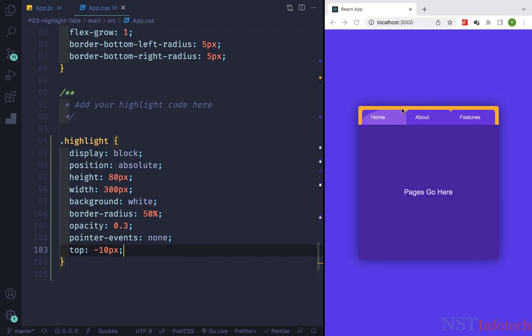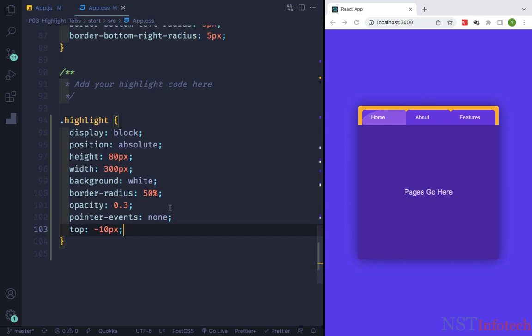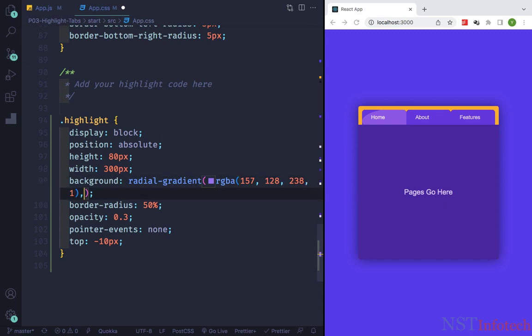Instead of this white background, which is looking like too much white, I'll take a background of gradient. I'll say radial-gradient, and here we can say rgba, that is going to be 157, 128, 238 and 1. And I'll add a comma, and again say rgba, that is going to be 157, 128, 238 and 0. Let me save this,